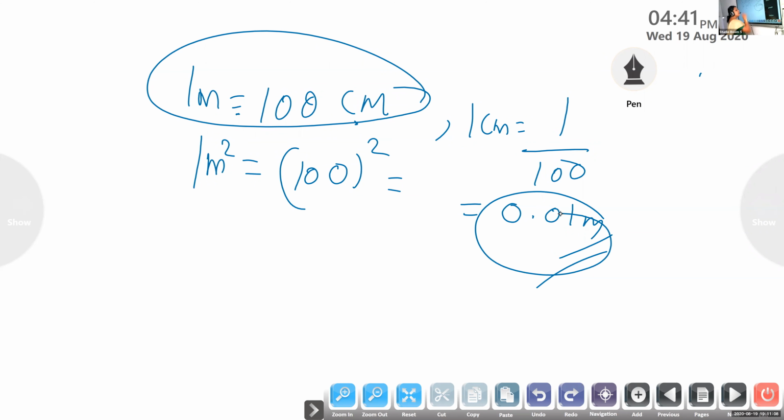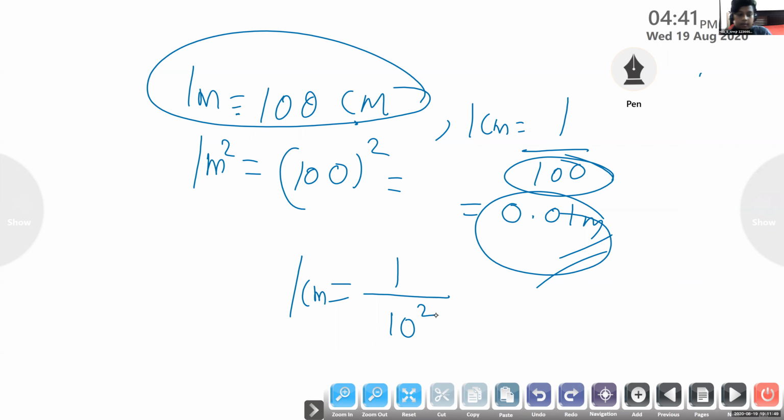Now in physics, if you take 0.01 and so on, it is a little bit difficult to multiply. So in physics, we don't always write 0.001 or 0.01. The easy method is to convert that into powers. 1 centimeter is equal to 1 by 100, which is how many powers? 10 to the power of 2.